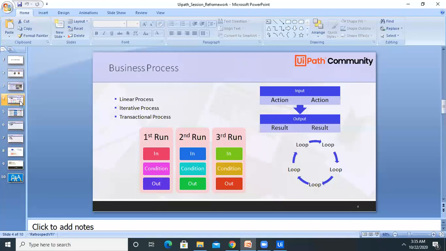If we want to provide one input and want the response for the same input, that is going to be called a linear process. This image shows you are ingesting one input to your actionable items, where the actions are nothing but the programs or logic which you have built, and based on that you will get the response. The output result is as per your designed or developed content.